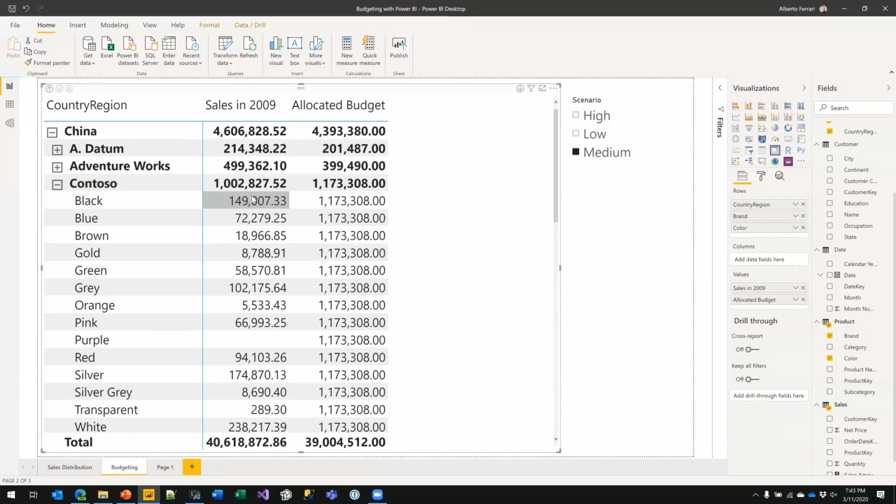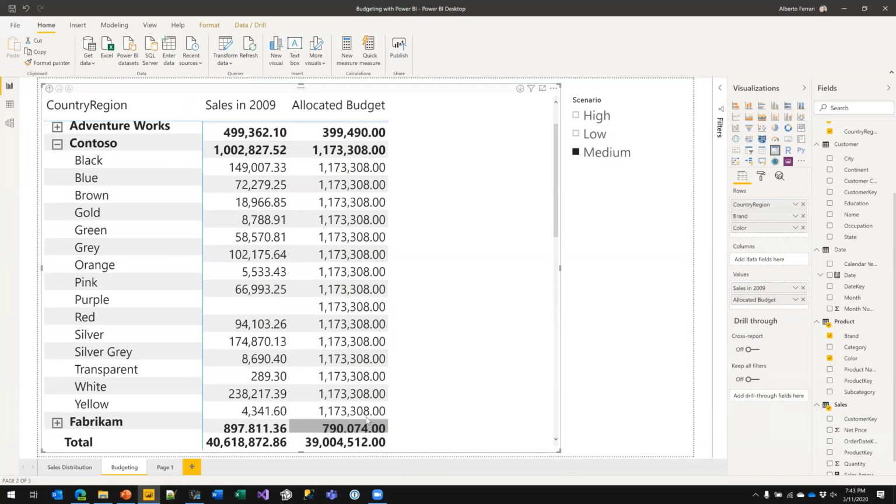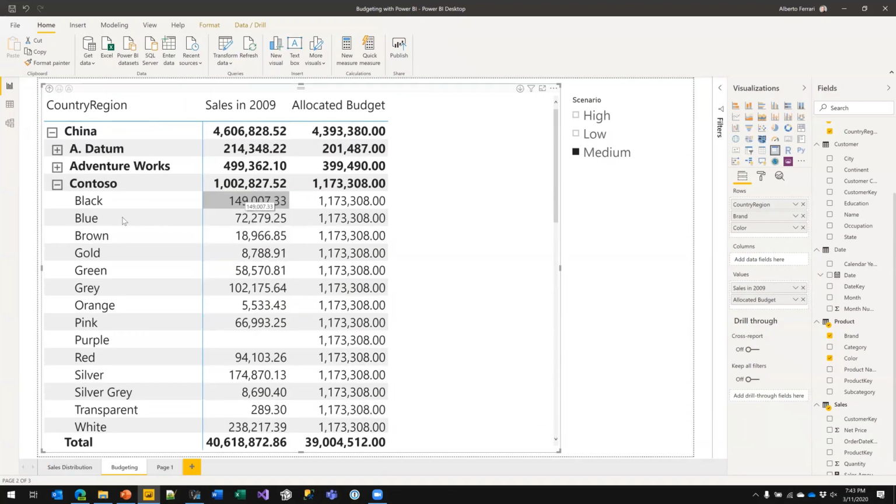If I slice Contoso, you see that sales is still sliced by color, budget is not. It goes on repeating the same number again and again. And the reason is that the filter between the product and the allocated budget works at the level of the brand. It cannot go below the brand. This might be expected and by design. So you might say, well, I don't want to go farther than that. My users are expected to browse only as long as the granularity is supported. Going deeper would produce a meaningless number.